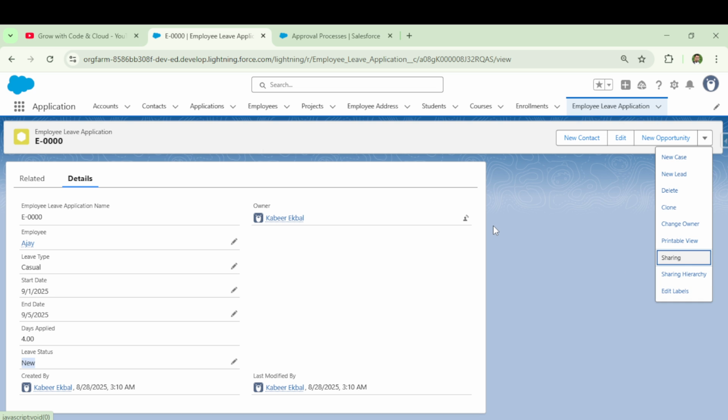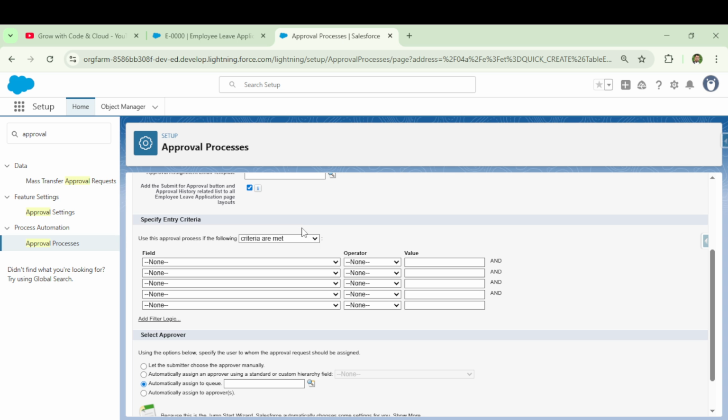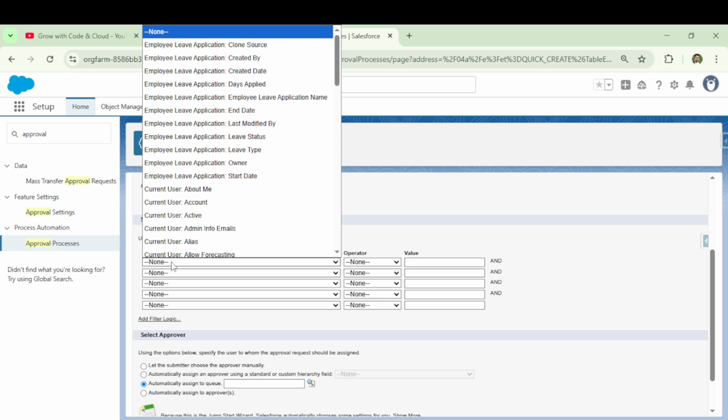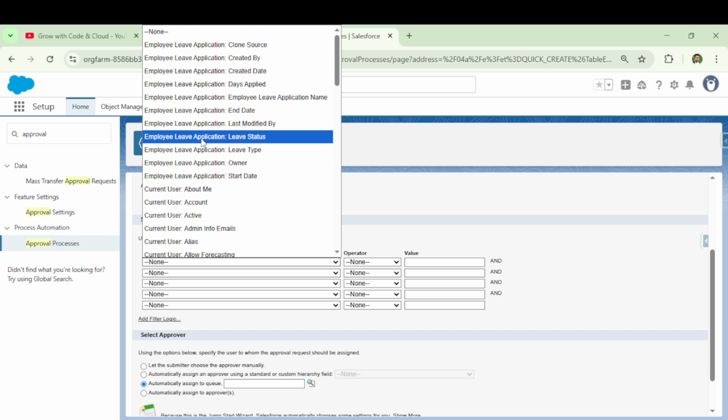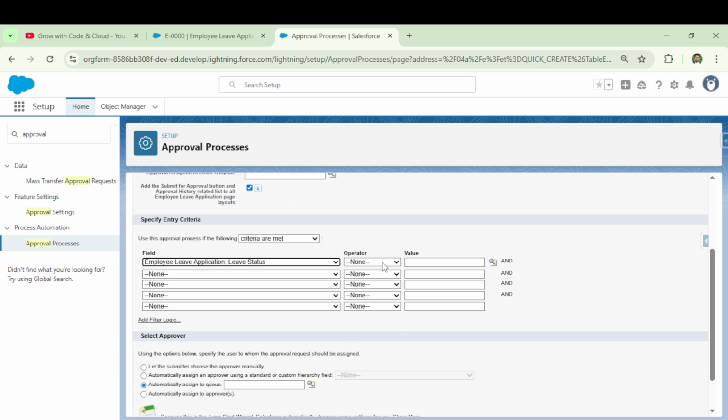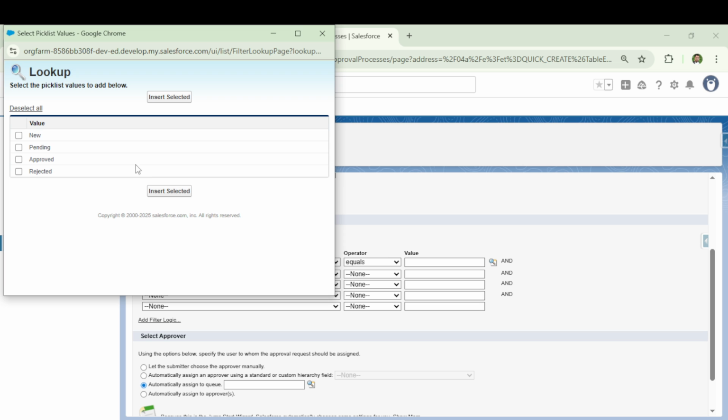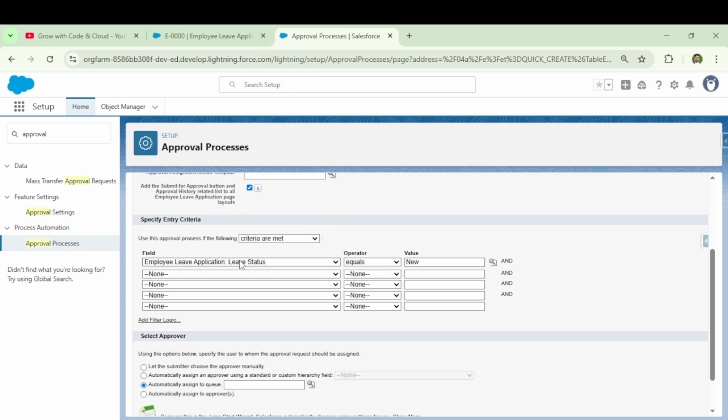So we will have to mention the very first criteria to start our approval process: the leave status must be new. First, leave status must be new, then only it will submit for the approval, because if it is already pending, it means it has already been submitted. So leave application leave status equals new.